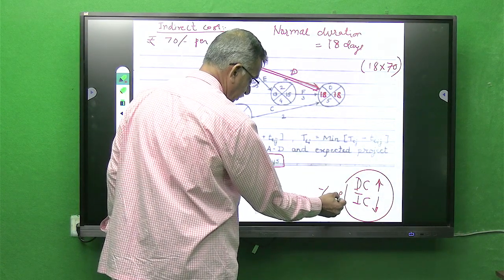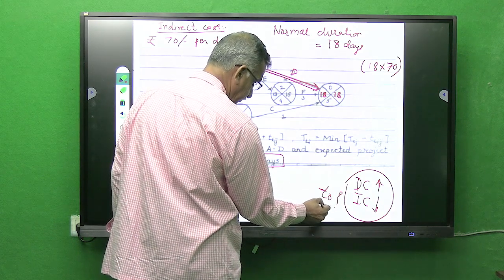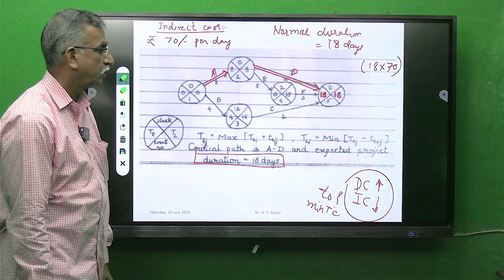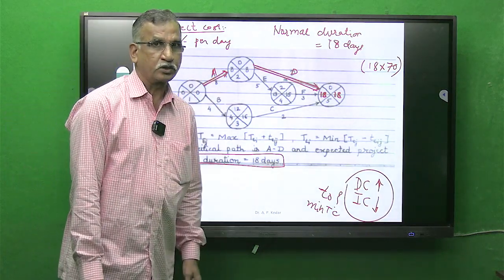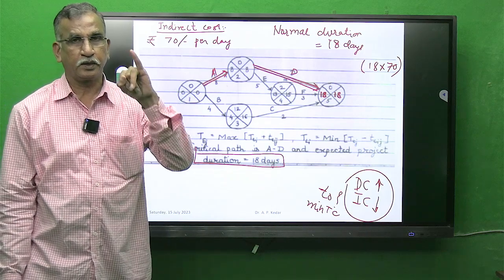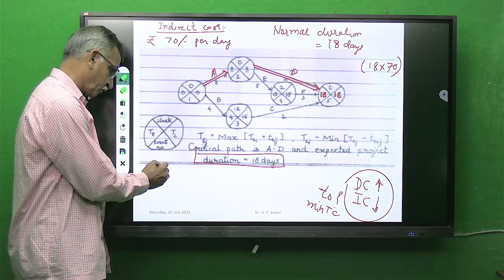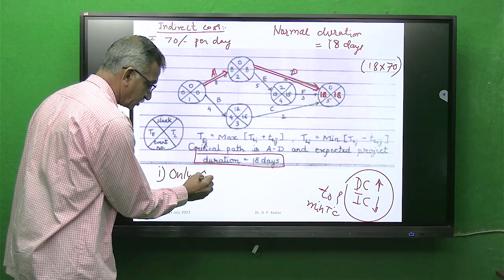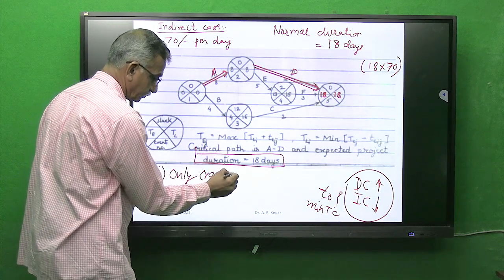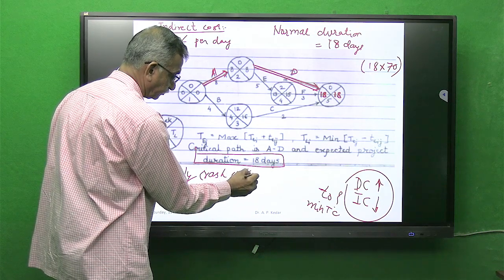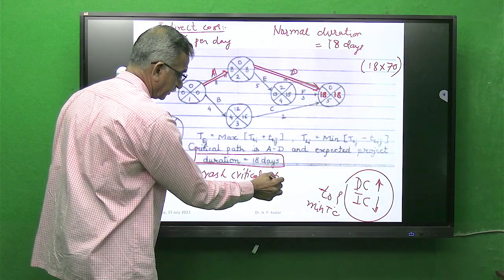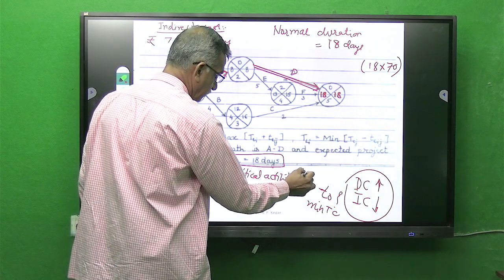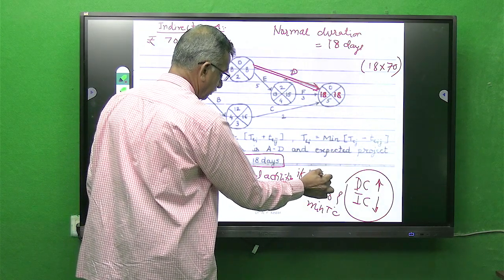But how to get a balance between these two so as to get minimum total cost? One key I am giving you now: only crash critical activities, if possible. This is very important, if possible,